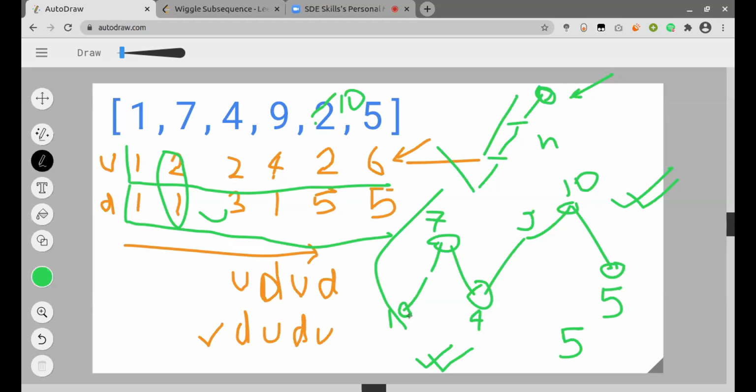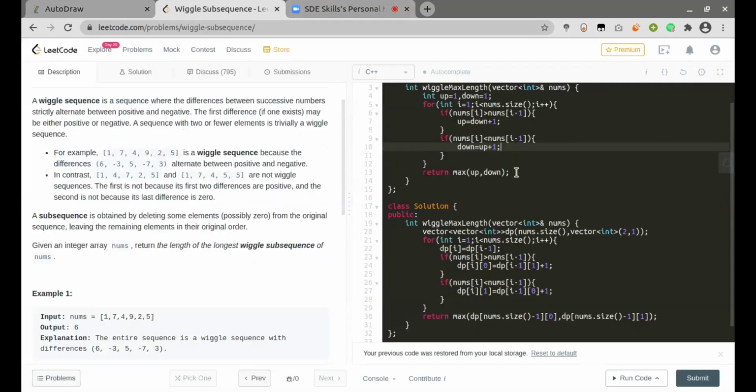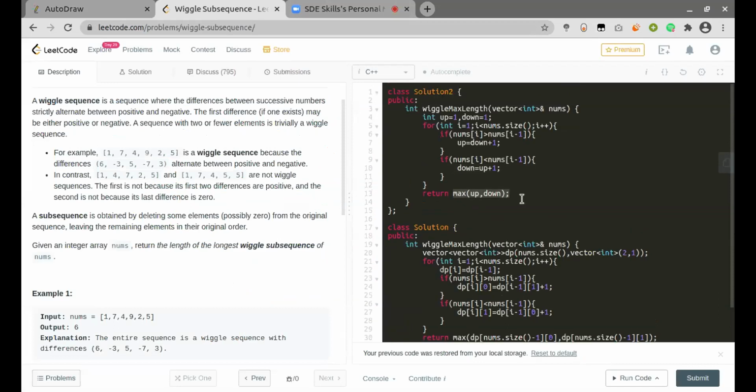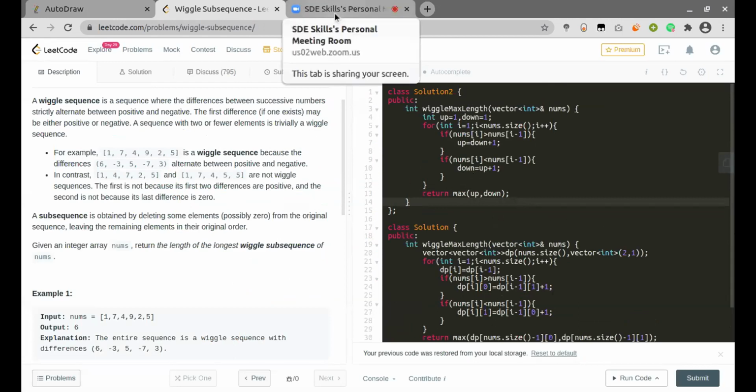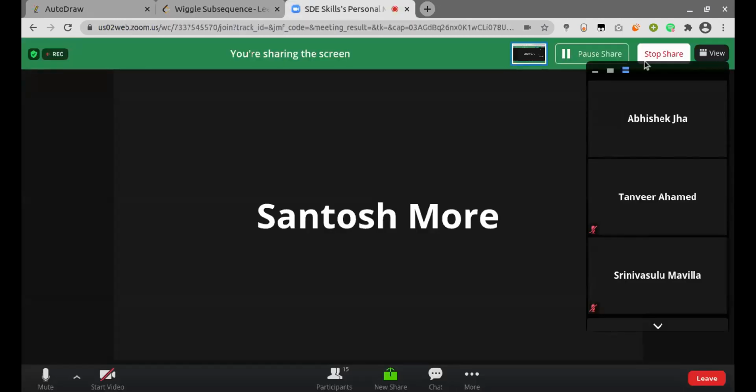Yeah, perfect. So finding peak elements is what the main logic here is. So at last we just return, there is a subtle difference between both of them, even though they look the same, right? And at last we just return whatever is the max value of either the last sequence is increasing or the last sequence is decreasing. Yeah, this is right. Thank you.